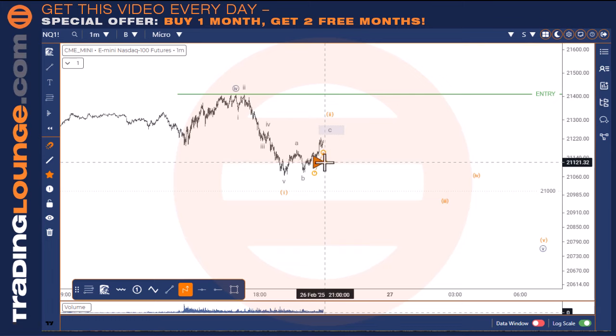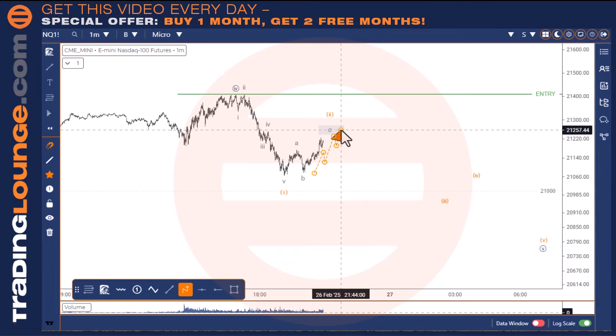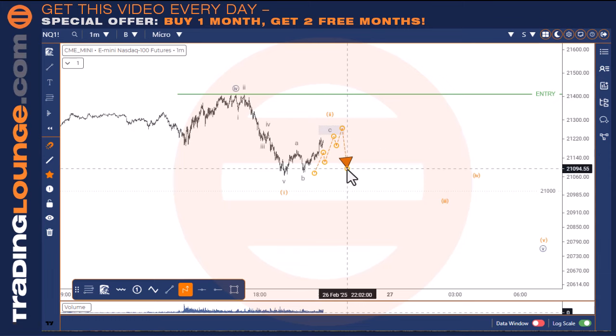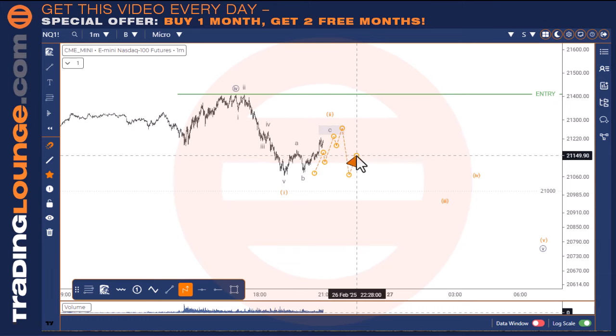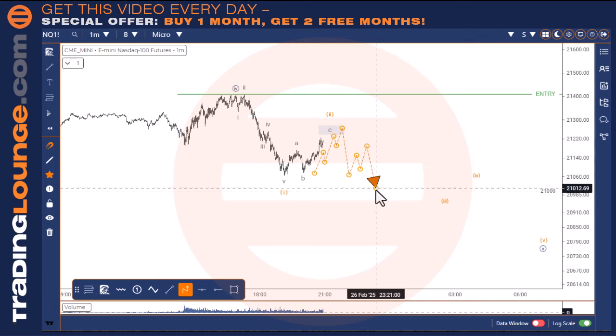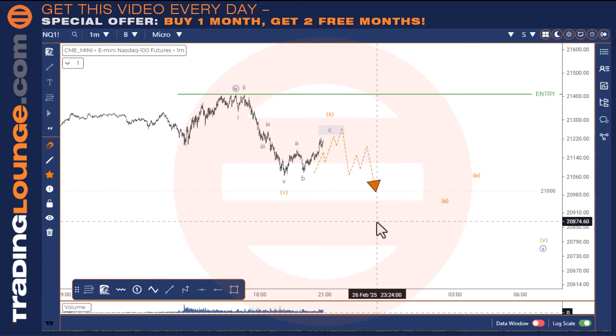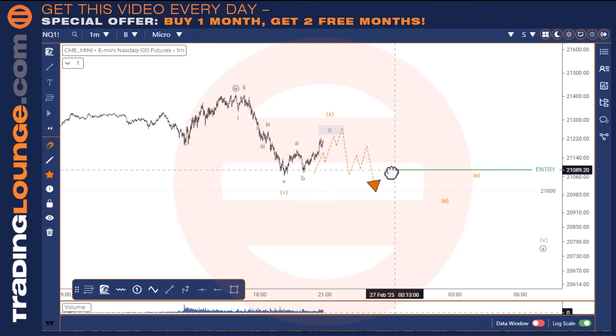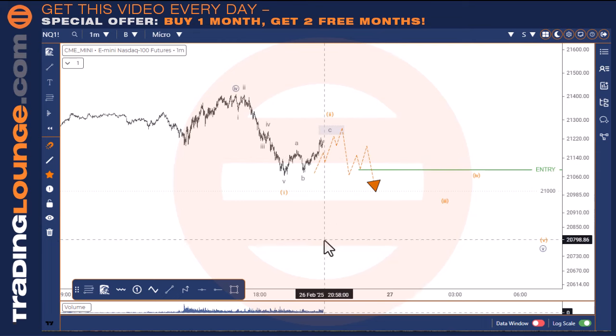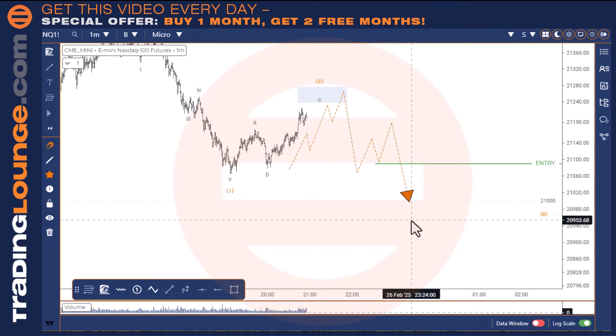2 here, and then this would be wave 3 here and 4 to come into play, not quite there yet, and 5 here. And then we would come down as 1 here, and then there would be a little ABC pattern, and then we would come down here again at that point. So in this case, the short trade would be under here, but you need this little move up here to